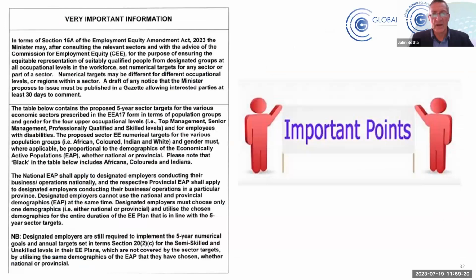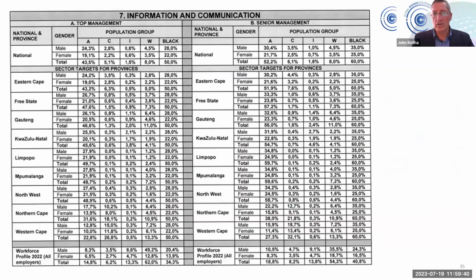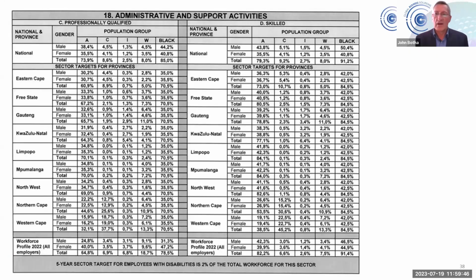So these are the 18 sectors. Of course, by now you would have identified which sector you fall within. And of course, each sector, as I say, have got targets. And it's your ability to have a very strategic and deliberate approach to achieving these targets that will either make or break you over the next 5 years. So effectively, if you look at this...